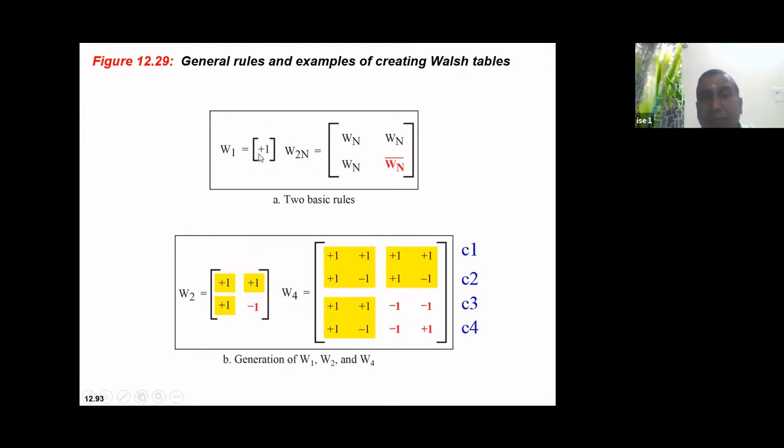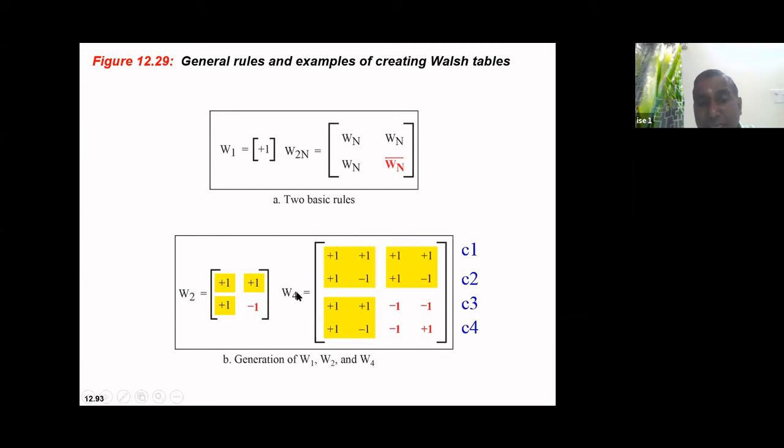Since W1 is nothing but, here you take n equal to 1, you will be getting W2. So W2 will be W1, and this is nothing but the reverse or complement of W1. So this is +1, +1, and this is +1, and this becomes the complement of that, that is -1. Now how do I get W4? If there are 2 stations, its chip code will be taken as +1 +1. This is C1, and the second station will have chip code +1 -1. So this will be C2.